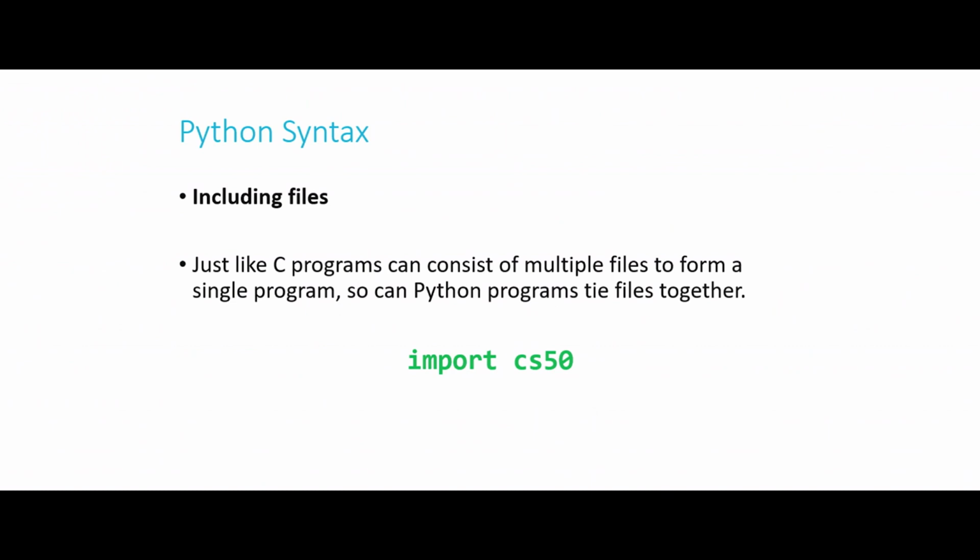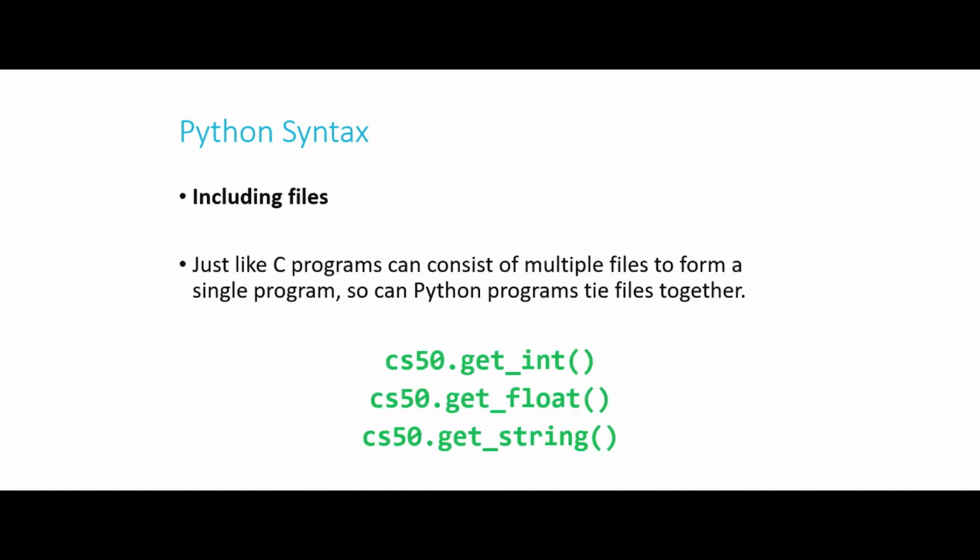But we could import CS50, and if we do, we could then call some of the CS50 functions we might be familiar with. We can do that by saying, for example, cs50.getInt, parentheses. And that would, just like getInt does in C, get an integer from the user. cs50.getFloat, .getString, .getChar. All those things that you've used in C, we can still use them in Python. They just take a little longer to type. We have to specify cs50 dot, because cs50 is basically, not exactly, but basically a class where we're defining a couple of different methods within it that we can then invoke.